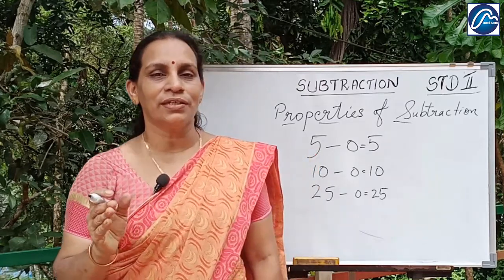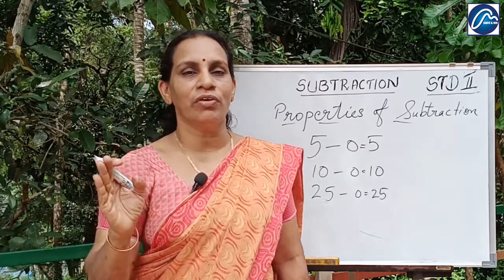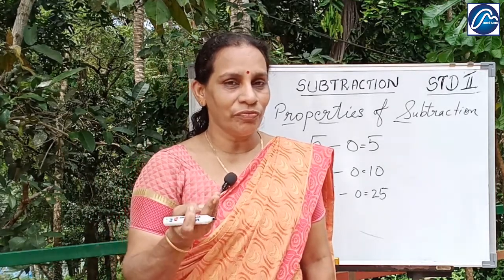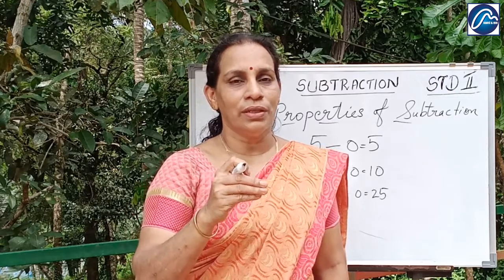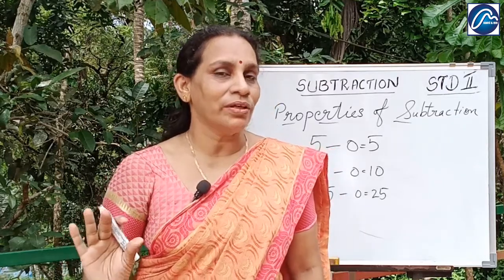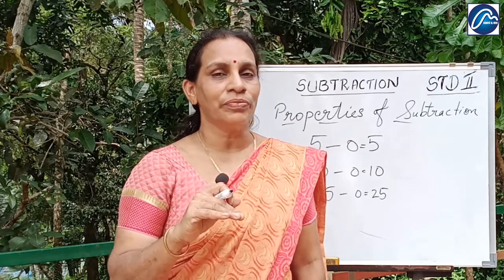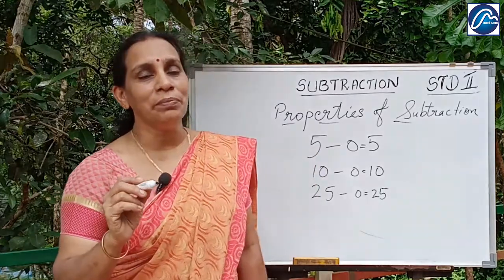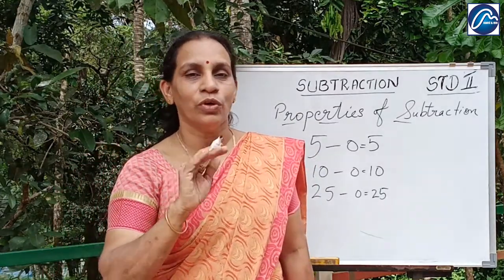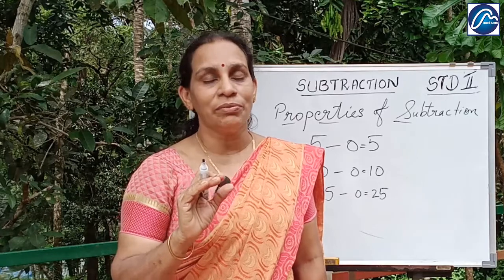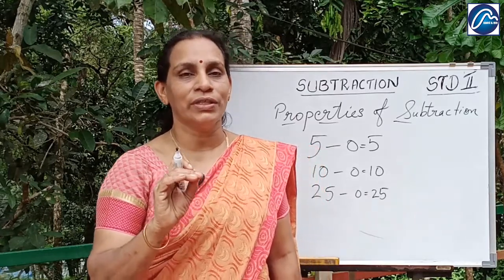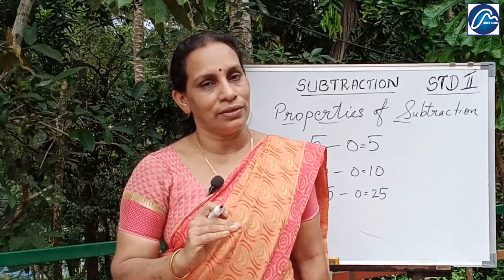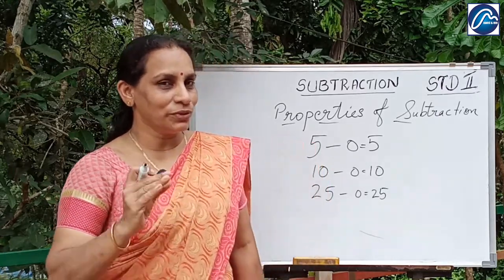Some children are in the class and nobody is going out during the interval. Then what is the number of students in the class? There are 15 students before the bell and they are not going anywhere. What is the number of children now also? 15 itself. So that means you are subtracting 0. Nobody going out means you are subtracting 0 from that number and you will get the same number as before. Now let us move to the next one.